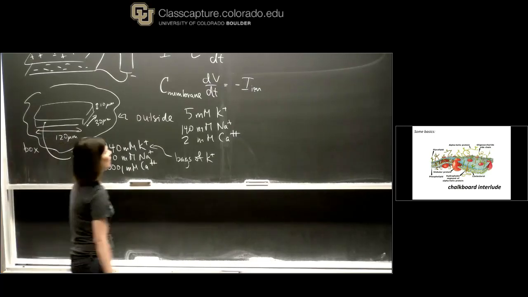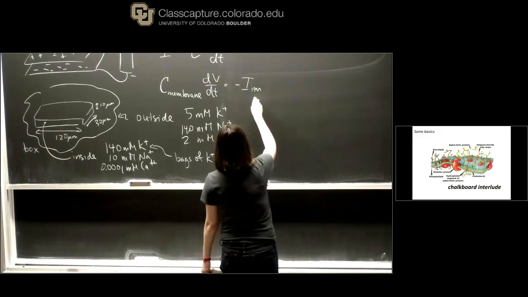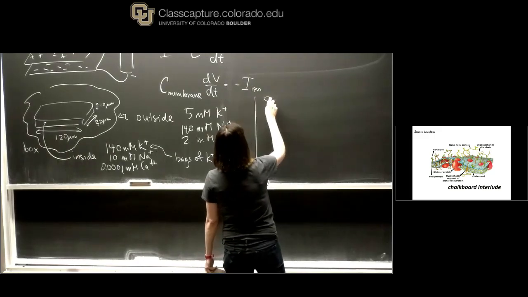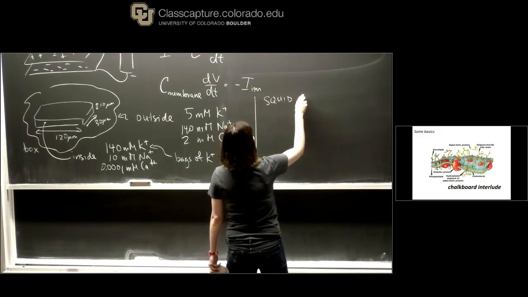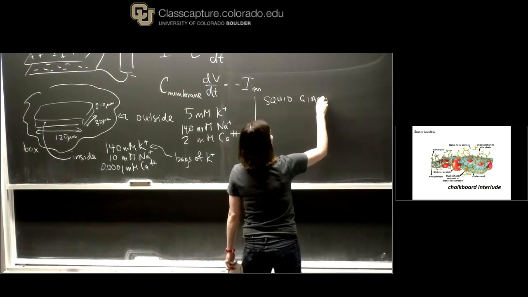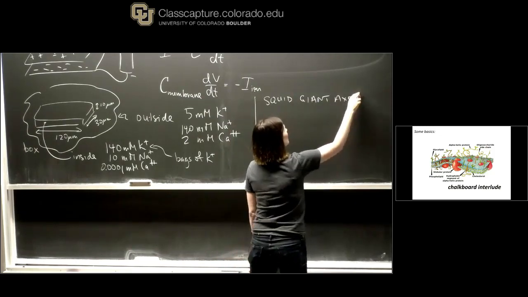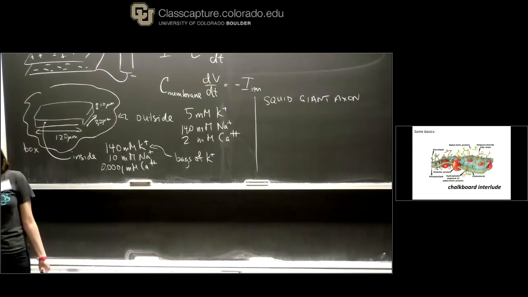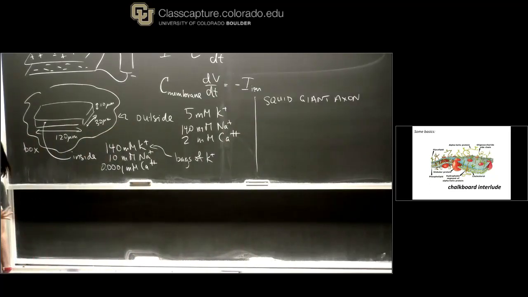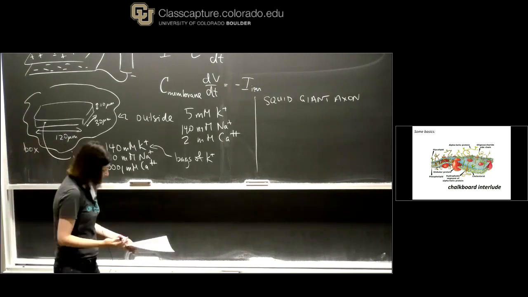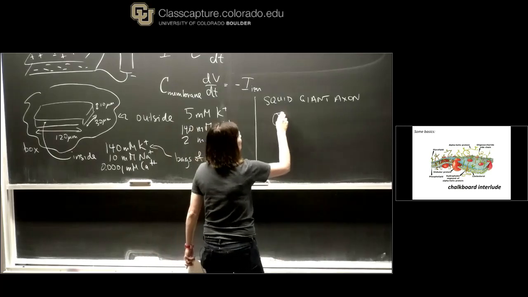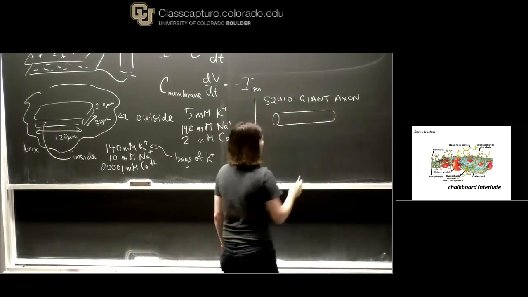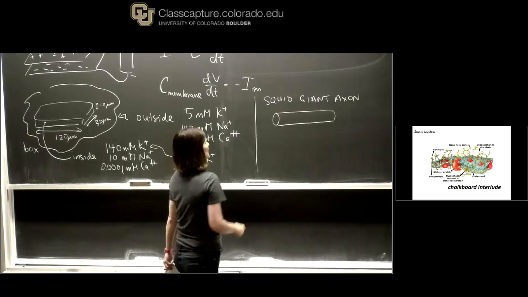Now this is the mammalian myocyte. There's also a squid giant axon. It's called a giant axon because it's big, not to be confused with a giant squid. The giant axon of a giant squid is probably something to behold, but already the squid giant axon is something pretty remarkable. We're going to talk about the dimensions of it in just a second, but let's talk about what's